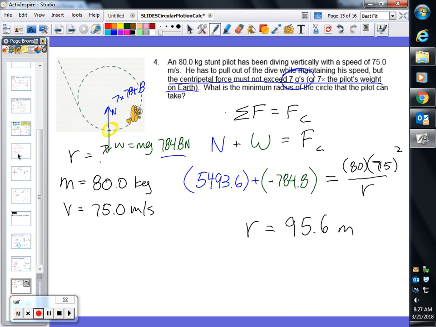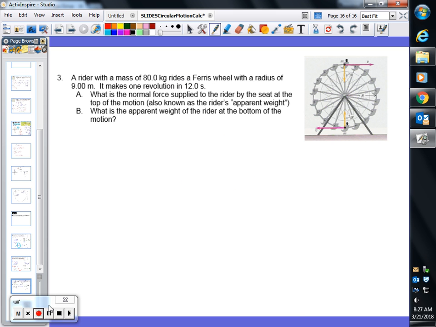We don't have enough time to do this whole problem, but let's go back. Let's look at number 3. So here's the Ferris wheel. In the Ferris wheel, you're going in a circle. Okay? Always, always, always,